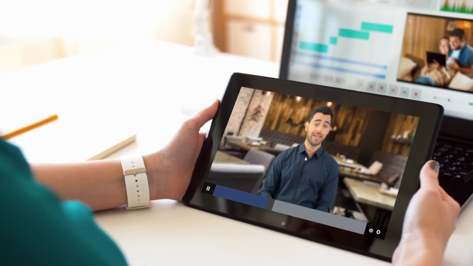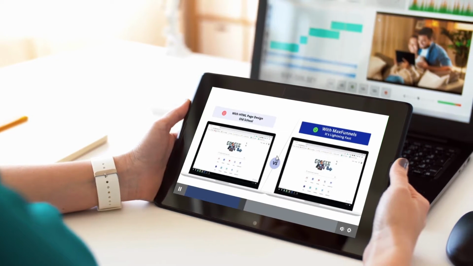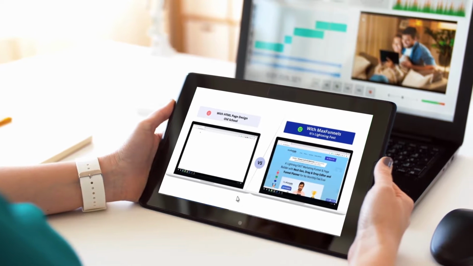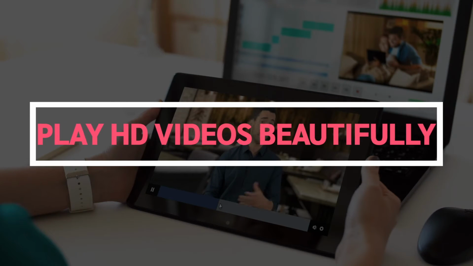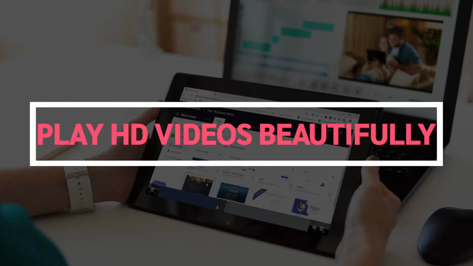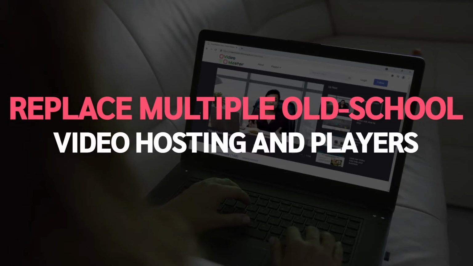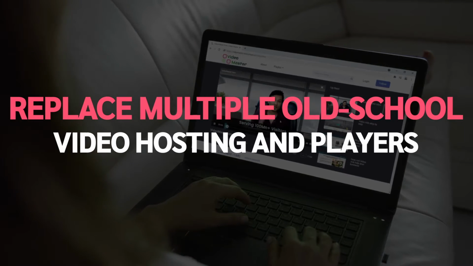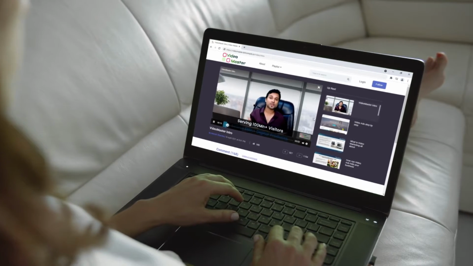It has never been easier to give a captivating video experience on your website, landing pages, and trainings. But with Vidios, it's easy and fast to play HD videos beautifully without any buffering, disturbing ads, or technical headaches. Vidios enables you to replace multiple old-school video hosting, players, marketing, and selling apps, and provides a lightning-fast and intelligent